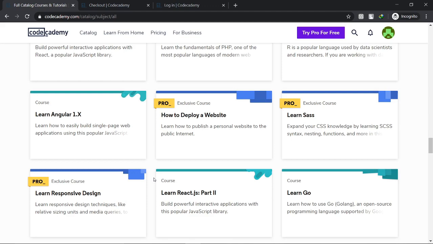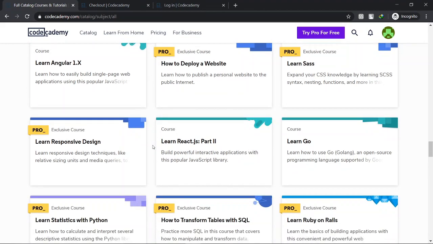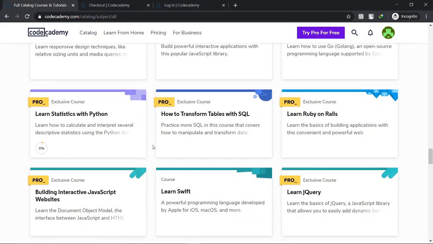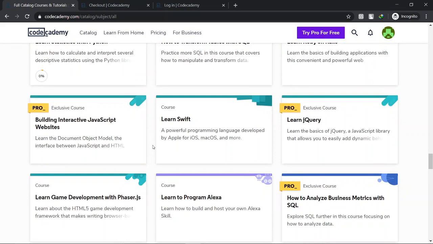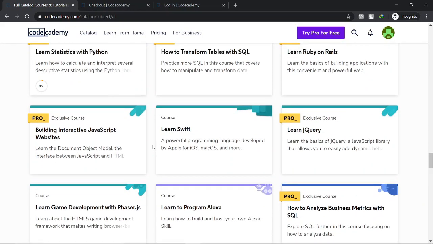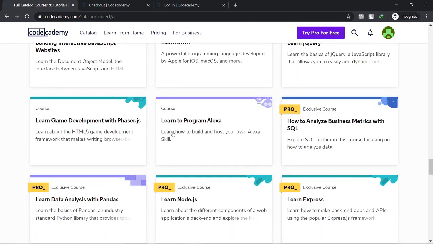And one thing that you may notice, you can see there is a pro tag attached to some of these cards. So I will tell you what this is all about. First just look at the website here and see what they offer. So here you can see that they offer lots of skills that you can learn here. You can also learn how to program Alexa, that is Amazon Alexa, and how to create your own chatbots also.